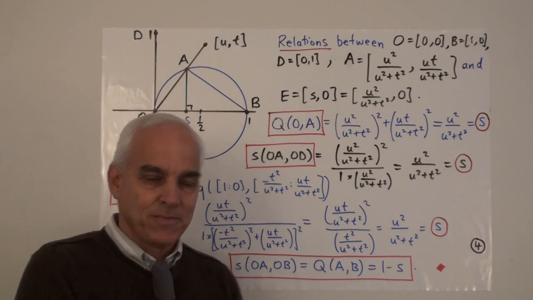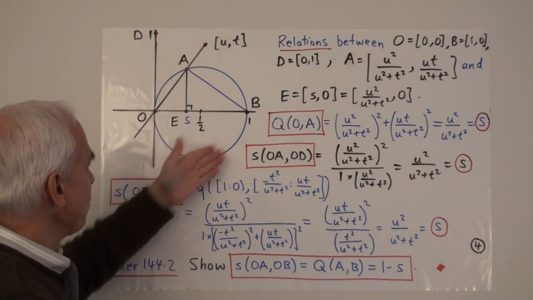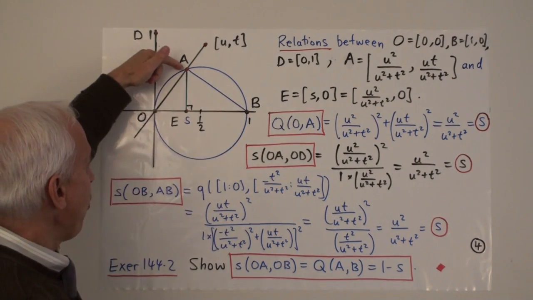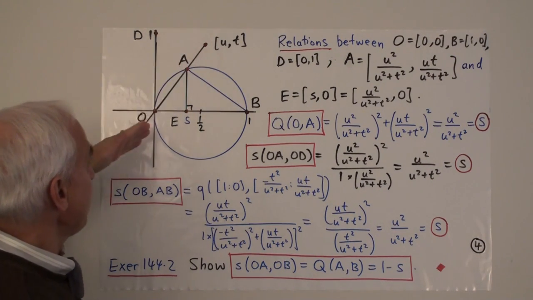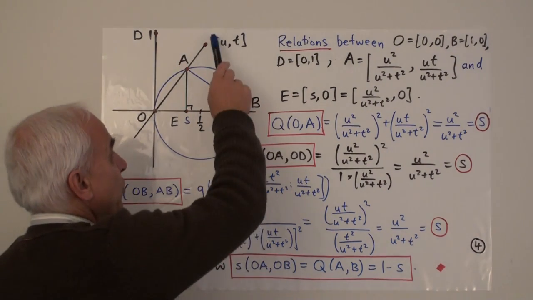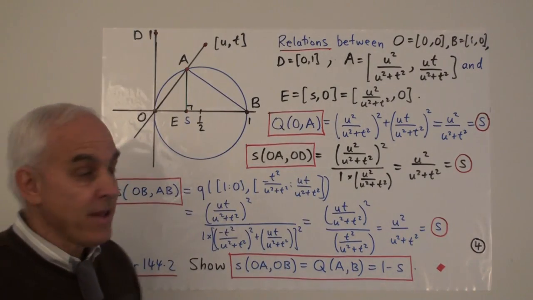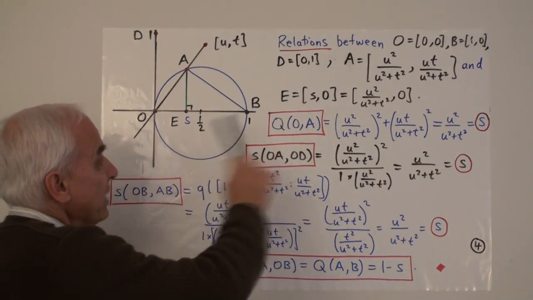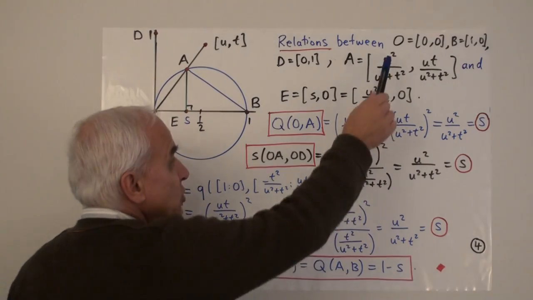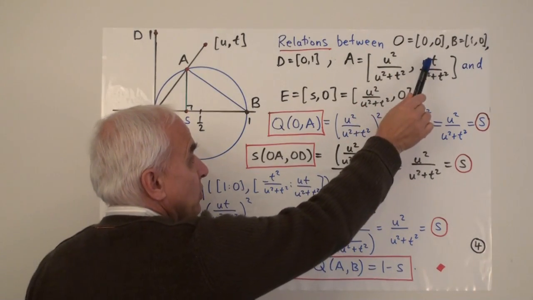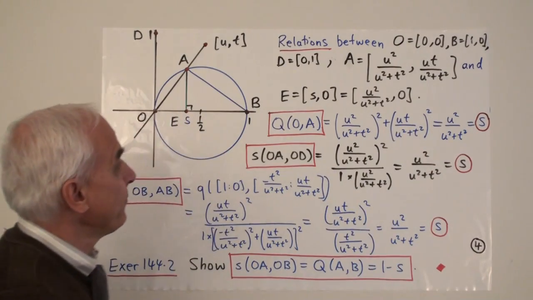Okay, so now I would like to establish the various claims that we made with Paul Miller's protractor. So here again is the basic situation. We have our core circle. We have a point on it called A. It's on this line through the origin, through some point (u, t). So in fact, we know that this point A is actually given by this expression, what we call C of (u, t): u squared over u squared plus t squared, ut over u squared plus t squared.